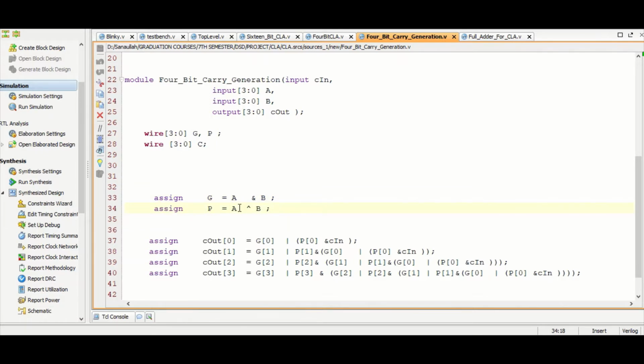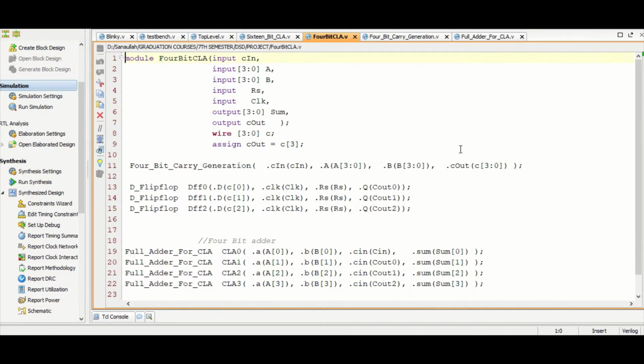Generations are nothing but the AND operation of input A and input B, while propagations are the XOR operation of input A and input B. Both of these are wires, so they will be assigned to cout with some logic, which is described here like this. These couts will be fed into the D flip-flop, and the D flip-flop will generate cout with some delay after a clock, and that flip-flop will be instantiated in the 16-bit CLA.